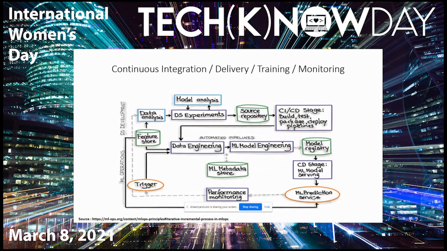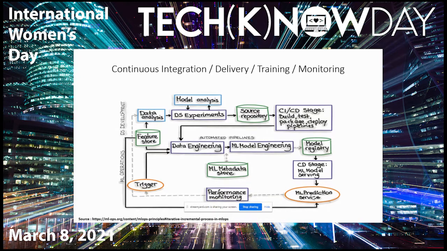So an MLOps platform aims at providing continuous integration, continuous delivery, continuous training, and continuous monitoring. We always have two kinds of environments when we deal with an ML project. One is a development environment where you get the data either from the feature store or from a raw source. You do the data analysis, you conduct experiments, you figure out what is the best model, then you version your code, you build, you test and deploy the pipeline, and you have a data engineering phase where you basically select